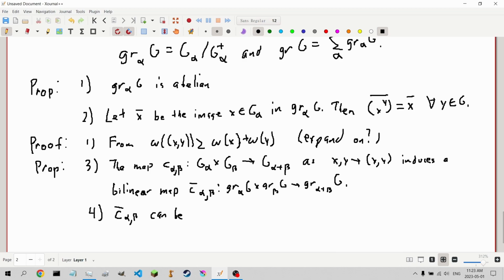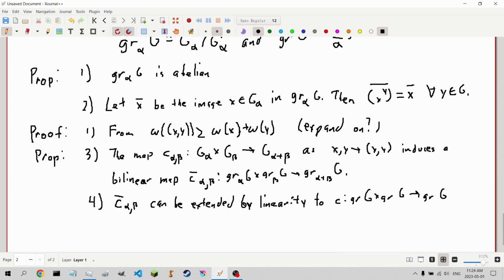We can extend this by linearity, as in two words this time and not bilinearity, to a new map just called C from GR of G by GR of G. Keep in mind this GR of G is the direct sum, the sum of all GR alpha of G's. And here's where this all starts to wrap back around,